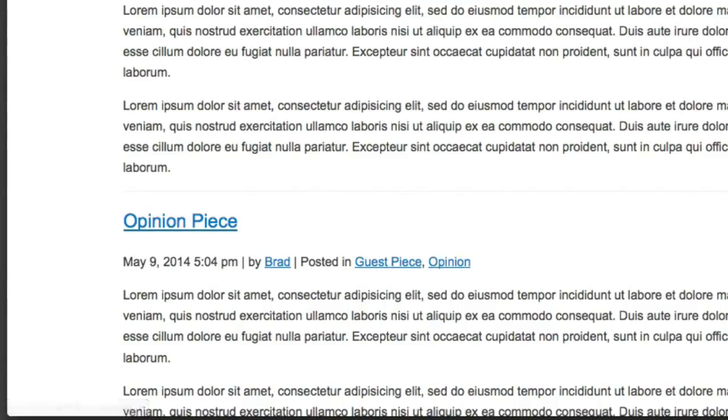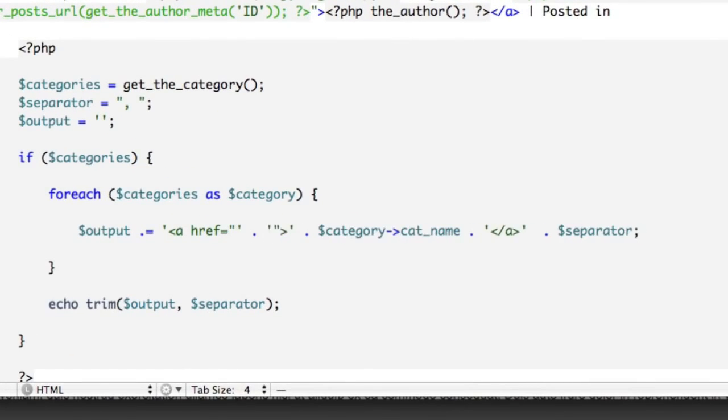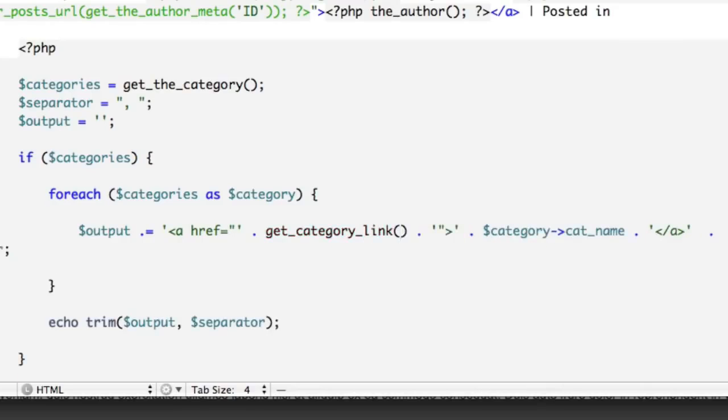but obviously we don't have a URL in the link yet. We just have a pound sign. So now our task is to make this an actually relevant URL. So we will remove the pound sign and add in a bit of dynamic code. Okay, so our code will sit here. We'll say get the category link, and then we'll pass along the ID of the current category that we're looping